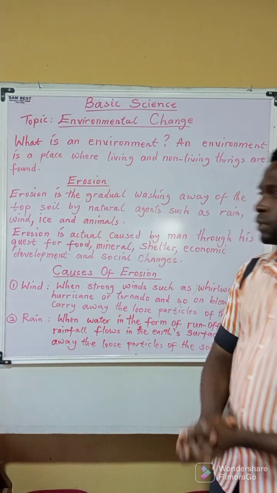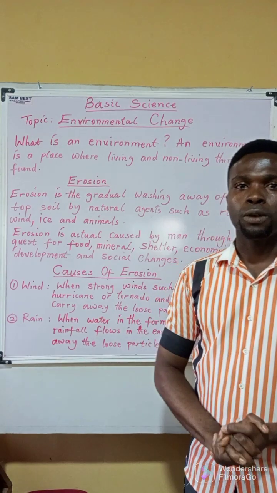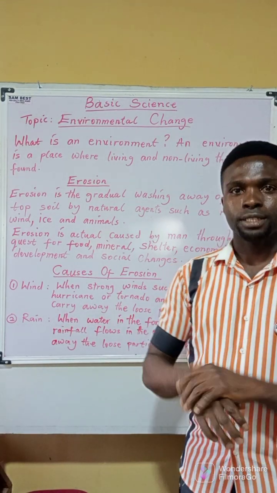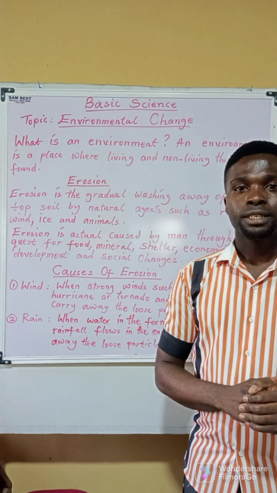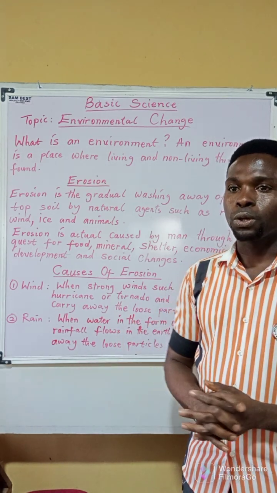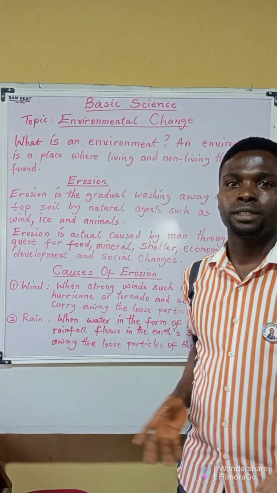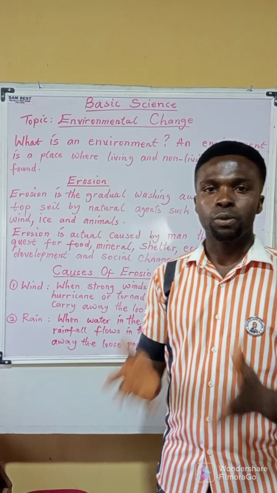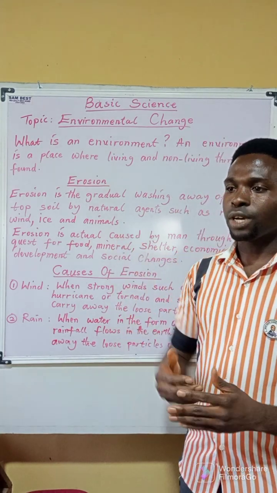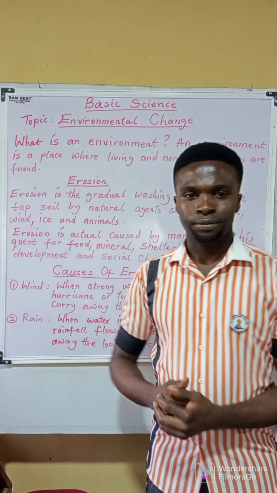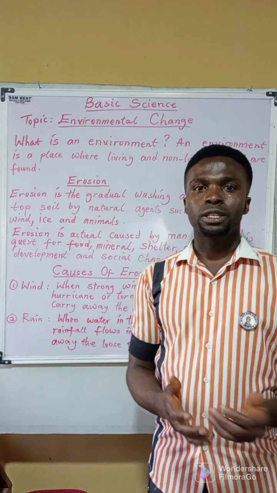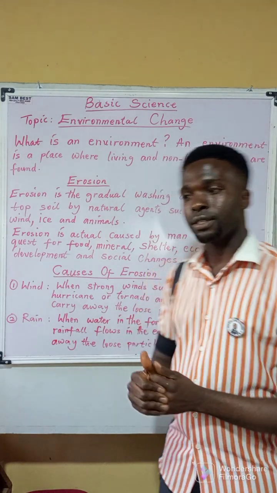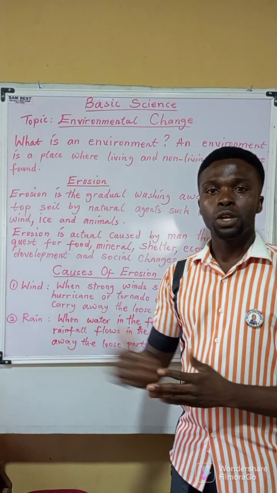Okay, now you can see the rainwater, the flood water every day, the current of the water pushing so hard, right? In your environment, when you look around, when we come out to look, you see the rate at which the water is flowing. Okay, now those loose particles are being washed away. The loose particles, that's why you see the water very dirty. You see the flowing water, the flood water, very dirty because it washes away the loose particles of the soil.